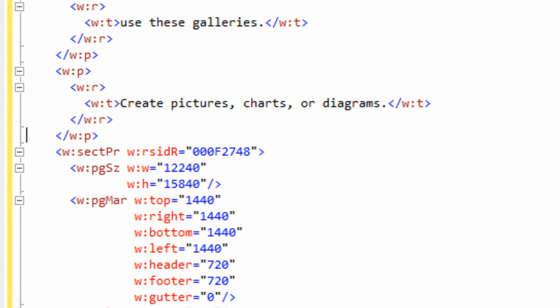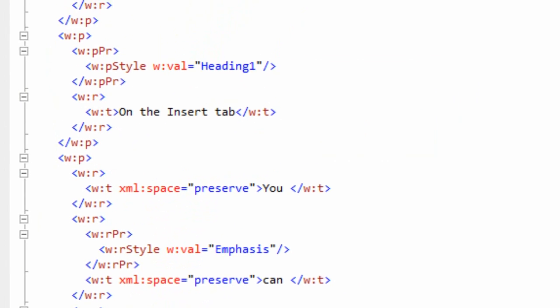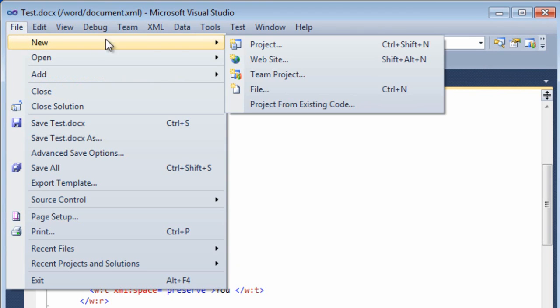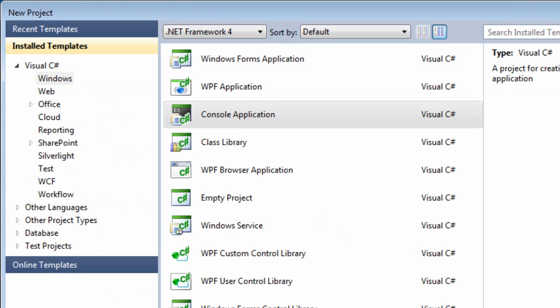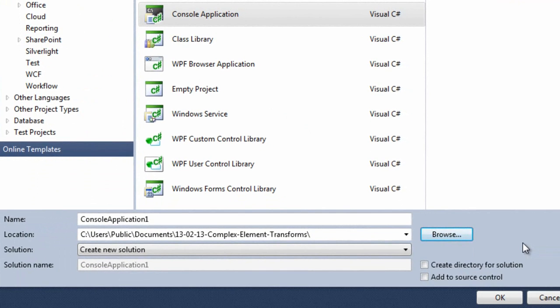So how to write this transform? I'm going to leave this open while we write the code so it's as easy as possible to understand exactly what's going on. I'm going to create a new project. It'll be a Windows console project. I've put it into the directory that I'm interested in putting it into, and I'll name this project Set Paragraph